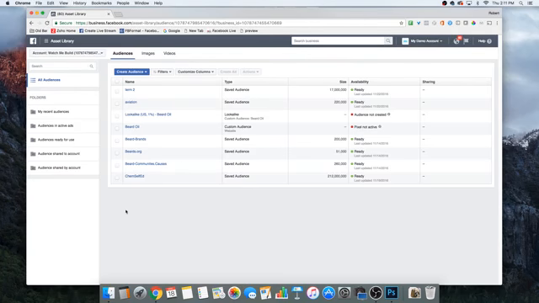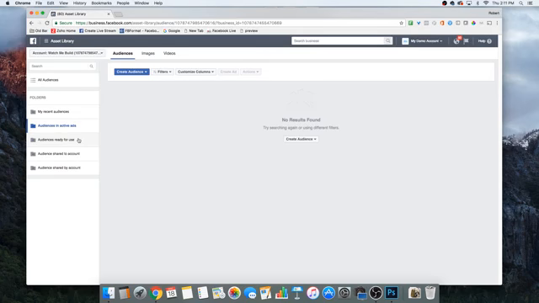And so what we're going to do, actually, let me show you on the left-hand side. You have these folders that are just organizing folders so it's really easy to find the different types of audiences that you have based on whatever it is you're trying to do. So sometimes I just want to look at the audiences I just made, and so I'll look at my recent audiences, or sometimes I just want to see my audiences that are used within an ad, right? And so I'll look at audiences in active ads, right? Or sometimes I might want to see audiences that are ready to use, because if you see,